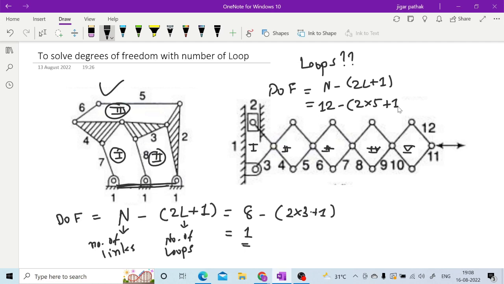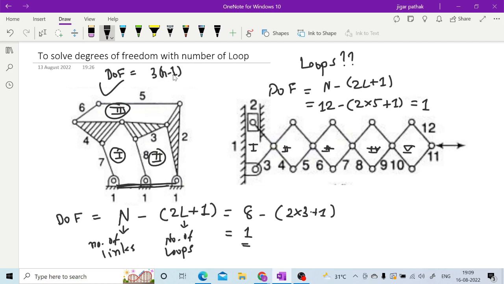So here also your answer will be degree of freedom 1. This equation can be justified when you have this kind of mechanism given. Otherwise you can simply calculate the number of links and number of binary joints, and calculate the degree of freedom. For that, your equation for degree of freedom is, as we have discussed, 3 and minus